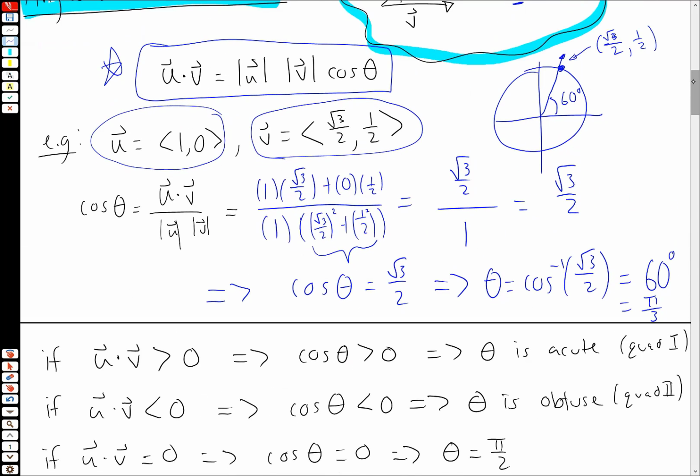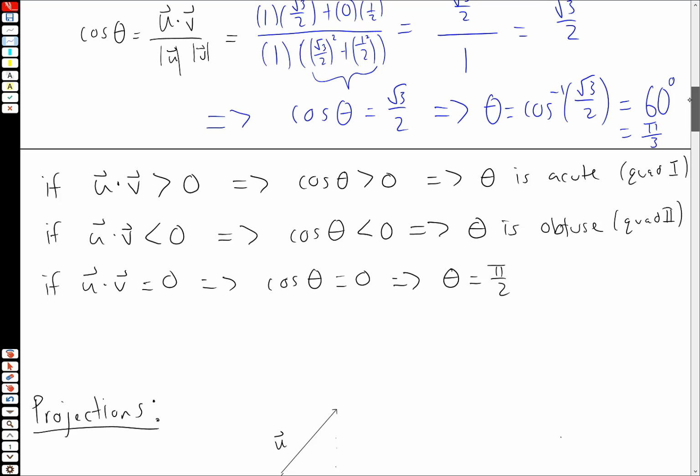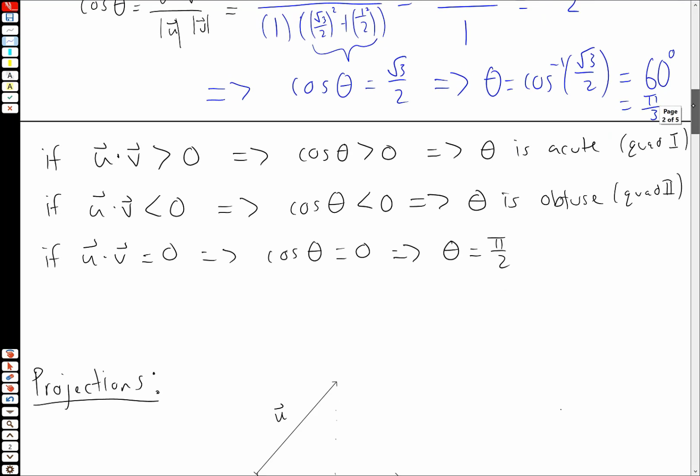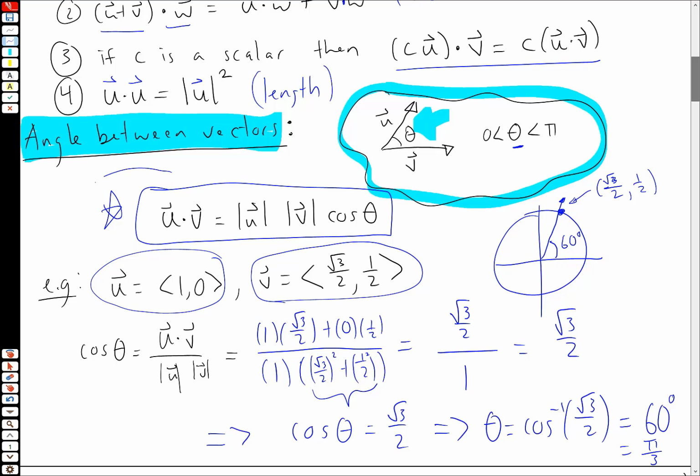So in any case, notice the dot product is allowing us to figure out the angle between vectors. A couple of other things result from this formula here. It allows us to get away from the calculations that we just did in the other problem, because you can tell how big the angle is just from the dot product. So from the equation that we have up here, and I mean this one right here,